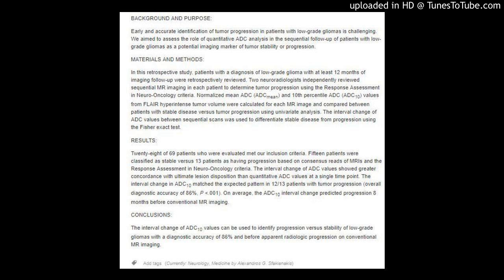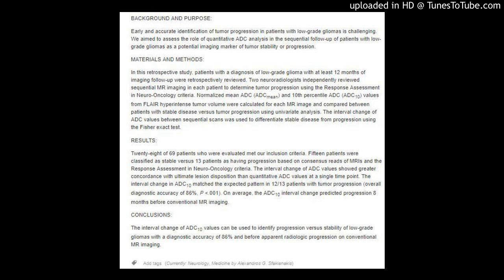criteria. Normalized mean ADC, ADCmean, and 10th percentile ADC, ADC10, values from FLAIR hyperintense tumor volume were calculated for each MR image and compared between patients with stable disease versus tumor progression using univariate analysis. The interval change of ADC values between sequential scans was used to differentiate stable disease from progression using the Fisher